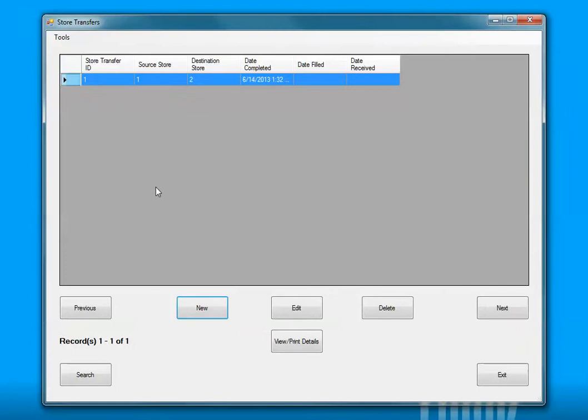On the grid here, you can see that we have the transfer ID, the source and destination store, and then 3 date columns. The date complete is the date where we initiated it at Corp. The date filled is the day that the sending store sent it, and the date received is the date that the store received it. If you want to see the details of a completed transfer, you can hit View/Print Details